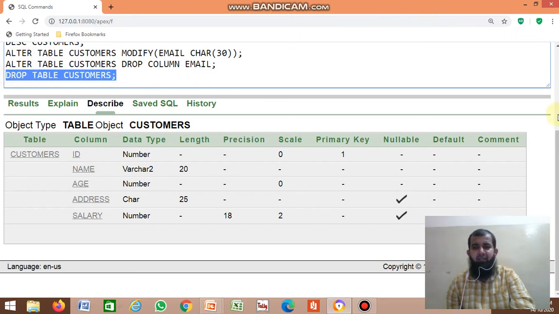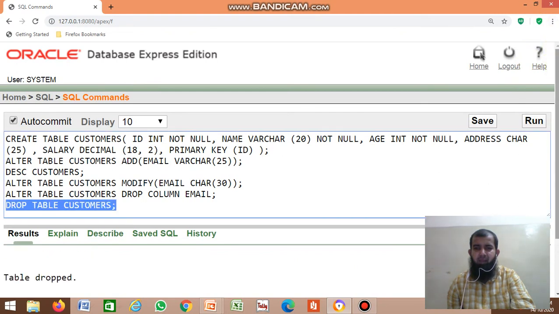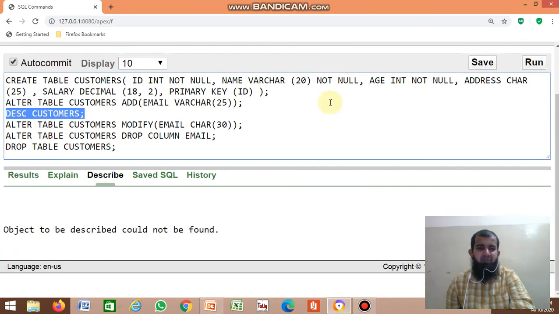Select and click run. The table dropped. If you try to display the structure of the table by using the DESC command, it displays that the object to be described could not be found, meaning the table is not present here, the table got deleted. So clear, no? This is about the drop.